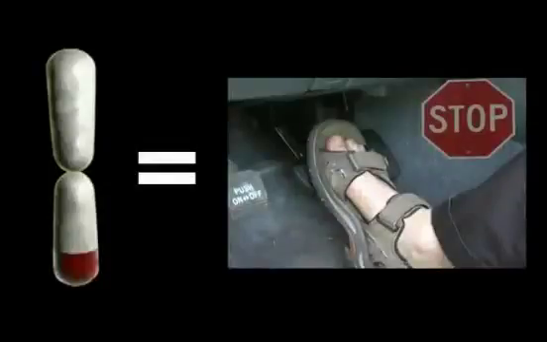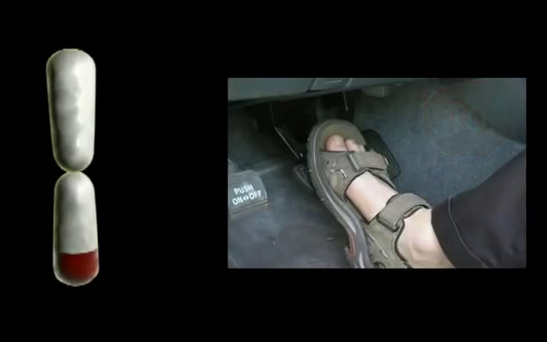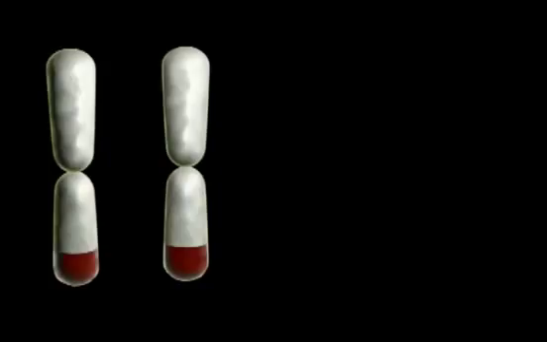Genes whose products function as the equivalent of cellular brakes also exist. As a group, these genes are known as tumor suppressors. Humans have 2 copies of each gene, one inherited from each parent. If a single copy of a tumor suppressor is damaged, the other copy is usually able to stop the cell